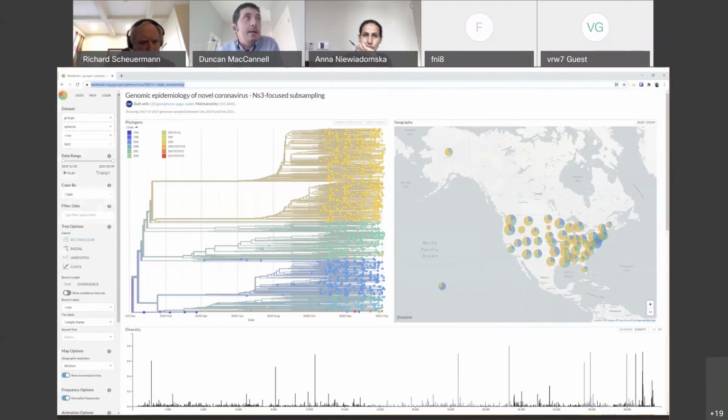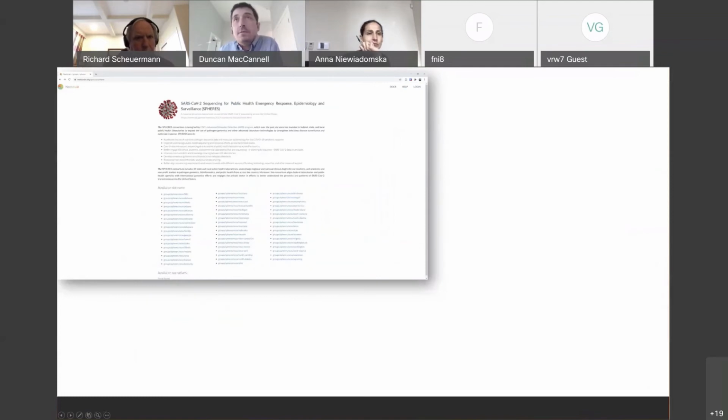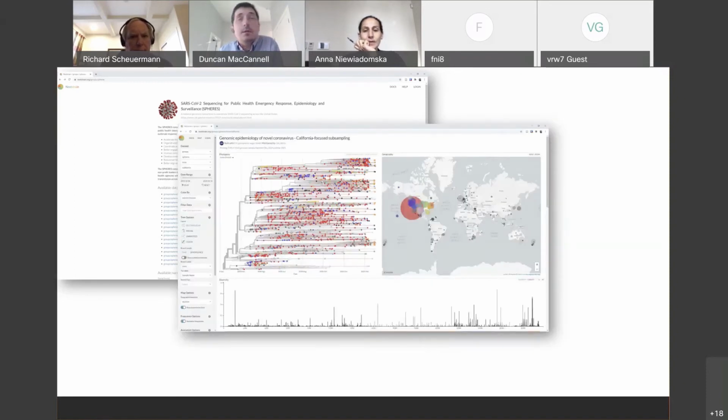One of the other things to add is that we actually have state-focused builds for each one of the states as a starting point for molecular epidemiology. If you go to nextstrain.org/group/spheres, each one of these is built essentially every week, usually on Tuesday nights, based on all the sequences that are currently in GISAID. For each state, so this is California here,